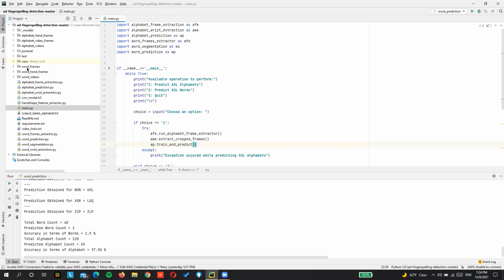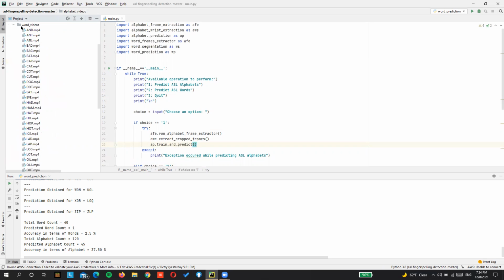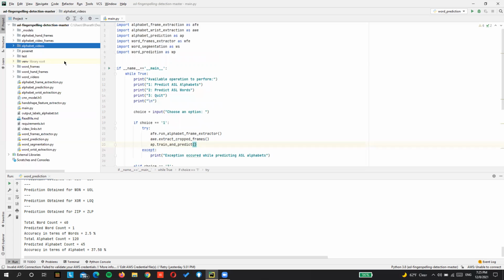All the ASL alphabet videos that are captured by all the four teammates are stored under the alphabet videos folder, and all the ASL words that are captured are stored under the word videos folder.